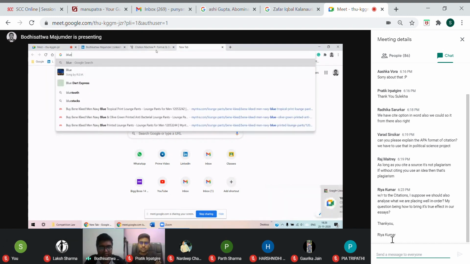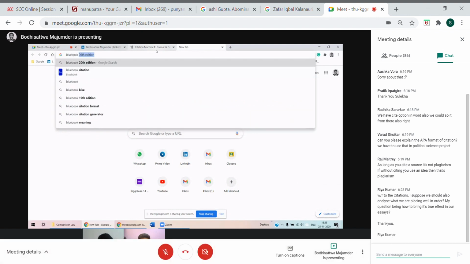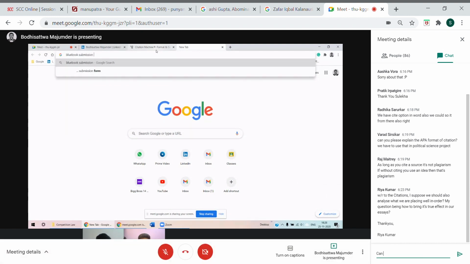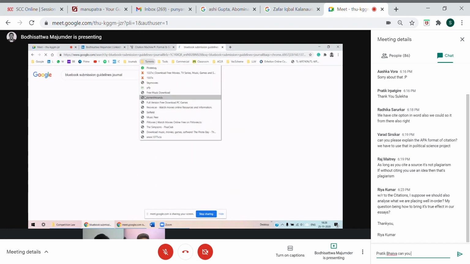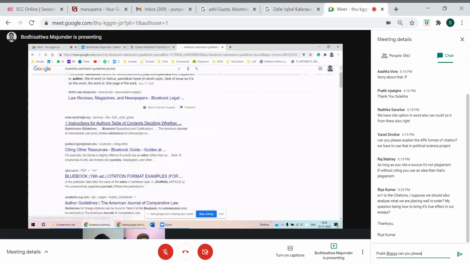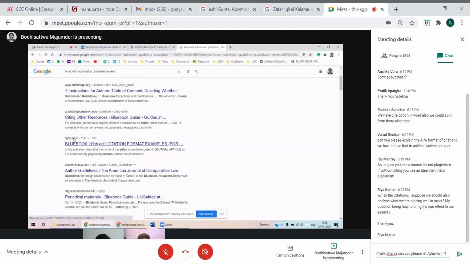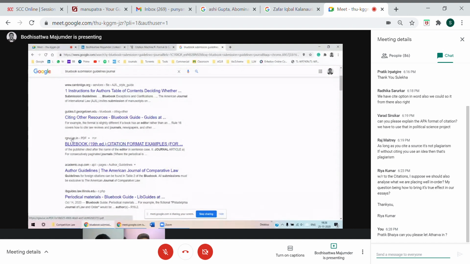So you type Blue Book submission guidelines journal. So see, Cambridge has Blue Book citations. RGNUL has Blue Book citations. Can you see this? These are journals, right?